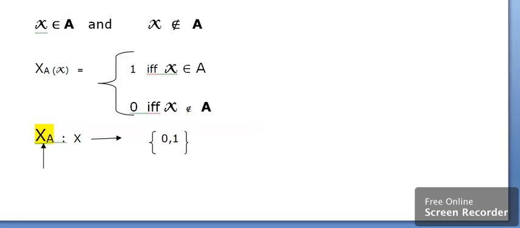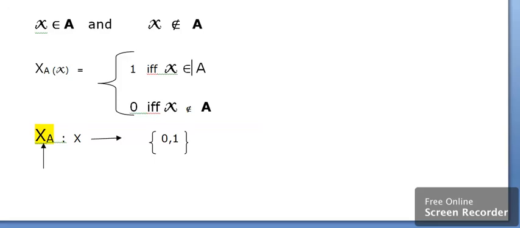So the characteristic function is given by the set {0, 1}, which means this chi value will be either 1 or 0. If the element is present in the classical set, the value is 1. If the element is not present in the classical set, then the value is 0.